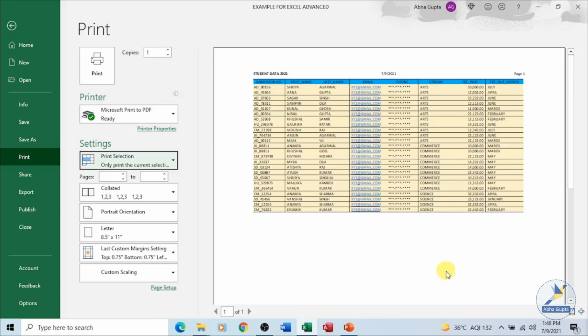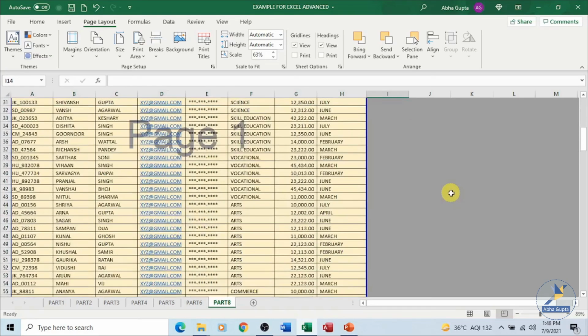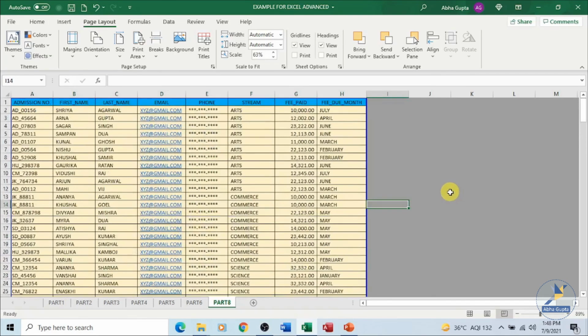You can specify a print area. You can save those settings. You can have custom settings for yourself, and a printout can be taken. You can always change that. So in this part, printing of a worksheet, we have seen how we can make use of the various views which are available, plus using the page setup dialog box, how we can set the margins, orientations, and different other headers and footers. All those custom options are available. You can try it out on your own.